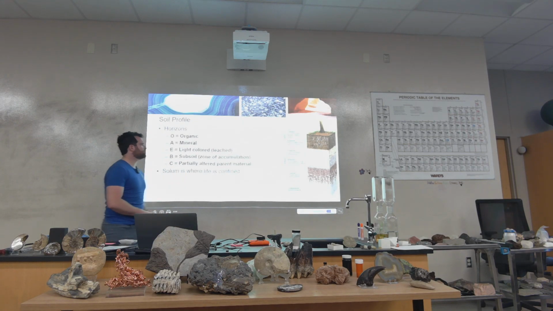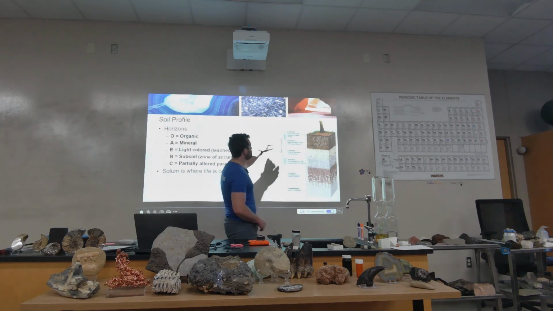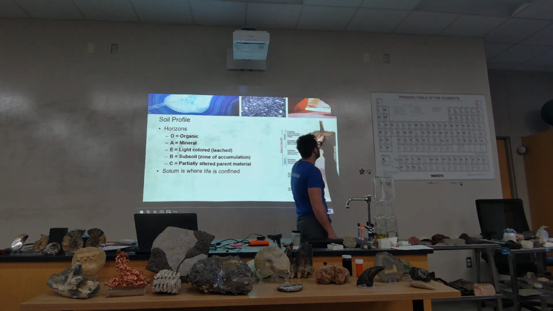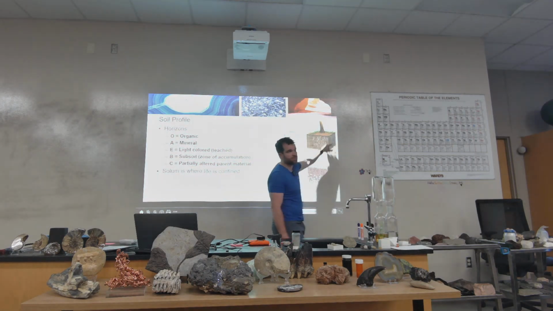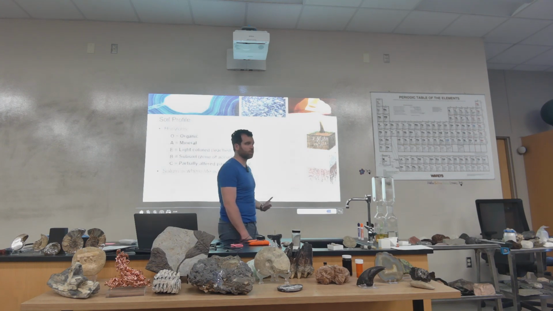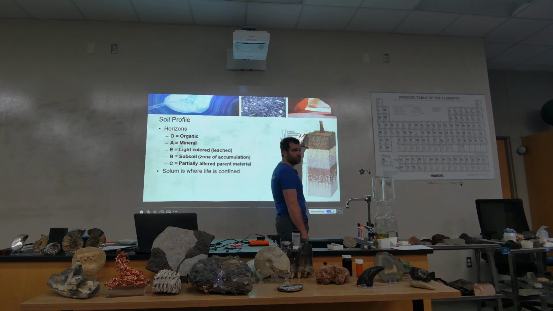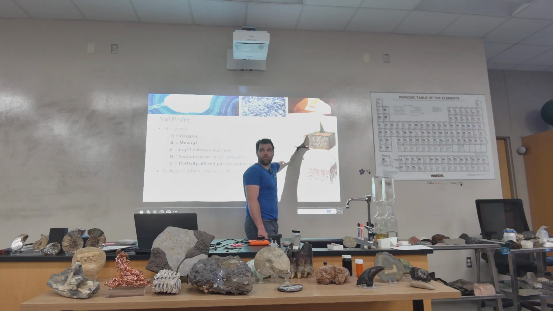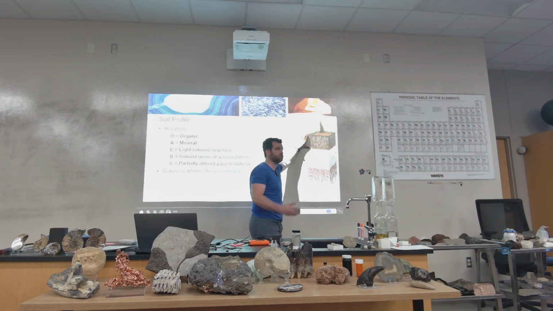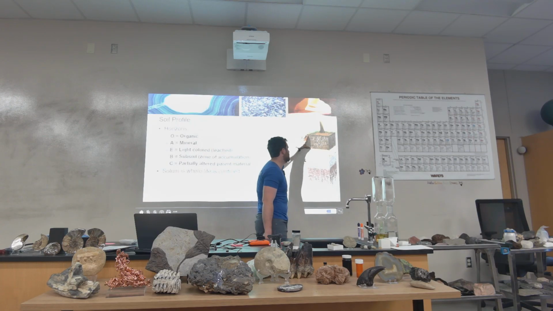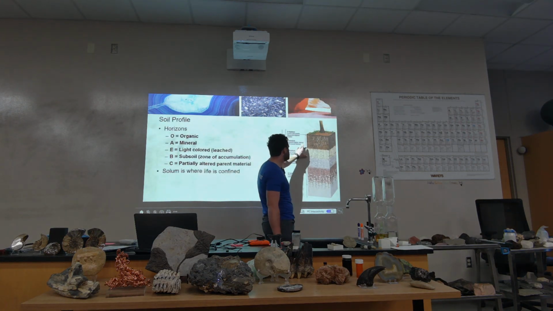These are your soil horizons. Your O horizon is the very top one. That's where your organic matter is currently decomposing. Leaves, sticks, dead squirrels, and so on and so forth. Your A horizon, that's your topsoil. So that's going to be where most of your plants grow. That's going to be your highest concentration of water and air and all of those other things, okay? Your E horizon, this is where